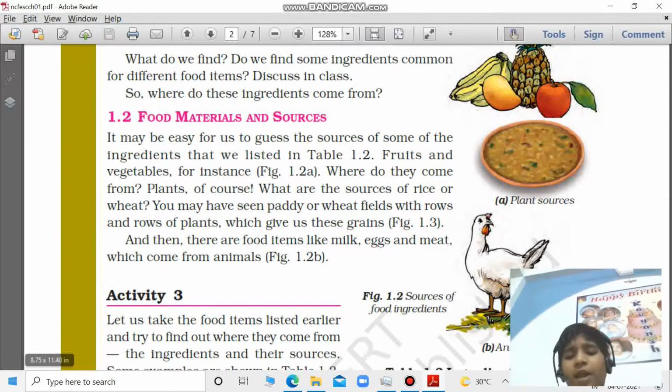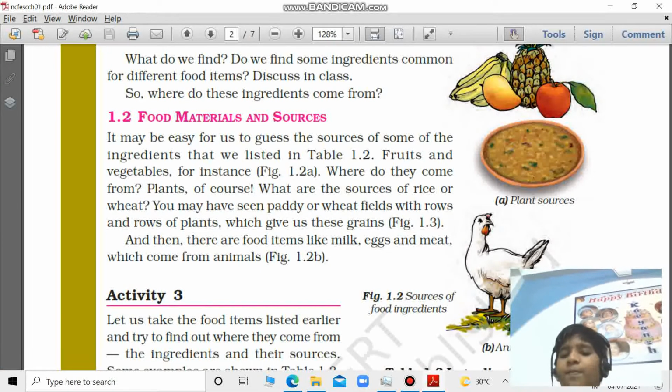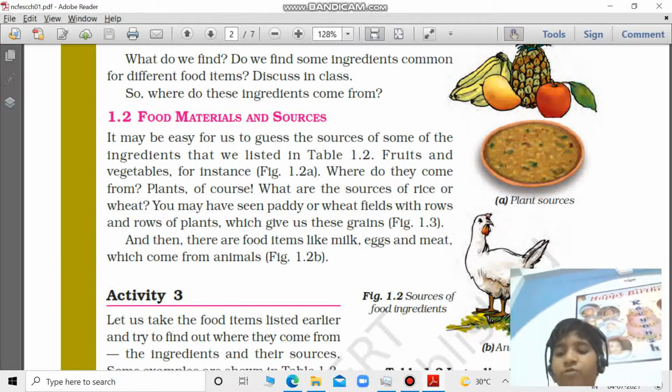And then let me tell you, where does milk come from? It comes from animals. If I ask you which animal, you will say cow. And for other examples, the most common ones anyone can say are meat and eggs from animals.